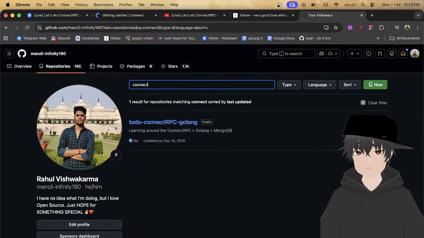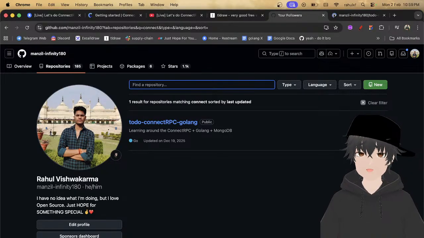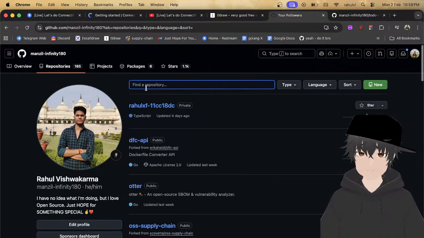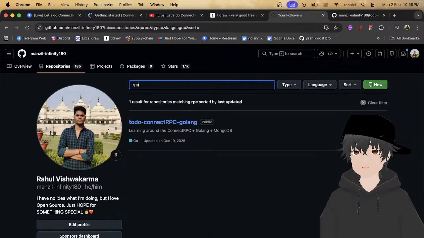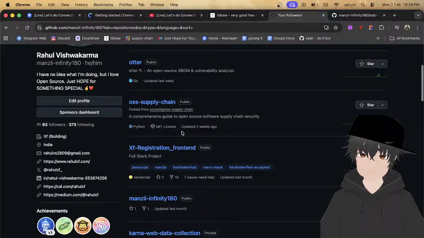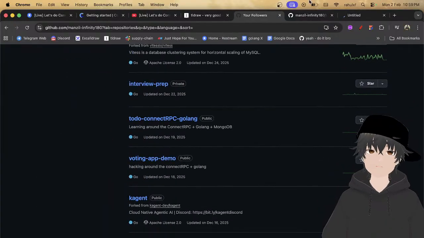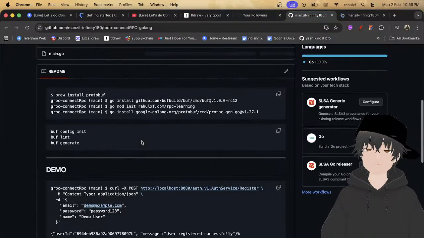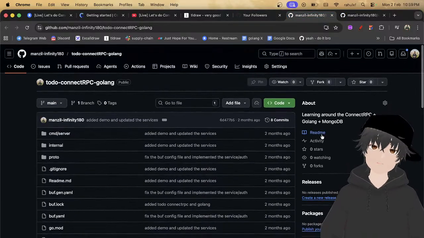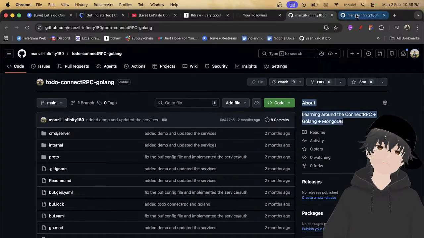So if I type connect, you can see one to do. I think I have one more project. Just let me check it. Oh yeah, voting demo. So these are the two projects. One is this one, which is learning around Connect RPC, Golang plus MongoDB.